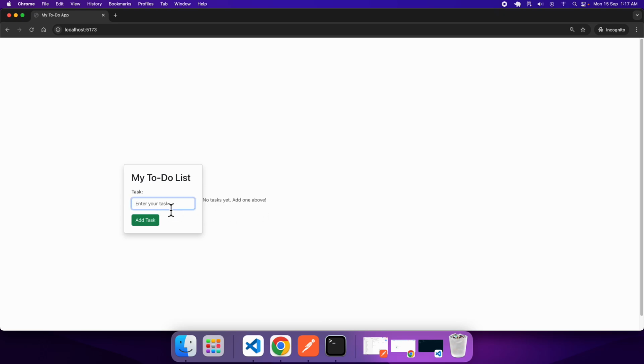Let me give an input like walk, to go for a walk, which I hardly do. Click add task. The moment I do, you get to see a pop-up in the form of a dialog box where it is showing the message which I have given followed by two buttons. Well, can I insert another instance? Of course. We'll go to office